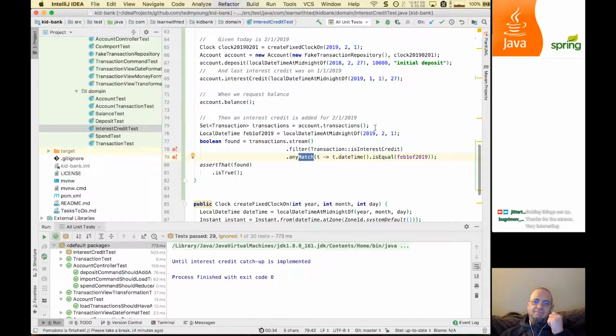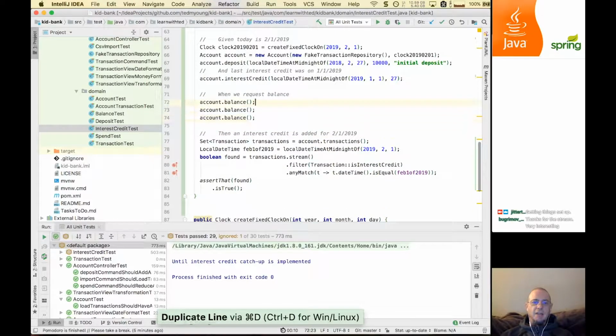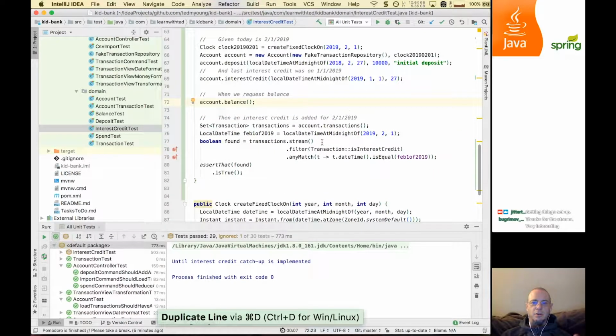Well, so here's where you sort of go back and forth in terms of testing. This is sort of the hard part about thinking about a test: do I care if there were 25 transactions on February 1st? No, all I want to know is that before I started, I didn't have an interest credit for February 1st. I request the balance on the fly. It created one for February 1st. If I call this multiple times, that's a separate thing. All right, so then this is fine. So if today is February 1st, I think I already have the code. This code already does it. Yeah,